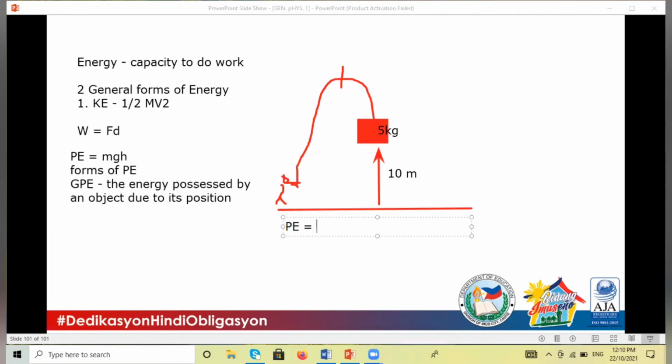By following the formula of mass times acceleration due to gravity times height, that is equal to, your mass is 5 kilograms times the acceleration due to gravity, 9.8 meters per second squared, times the height, which is 10 meters,